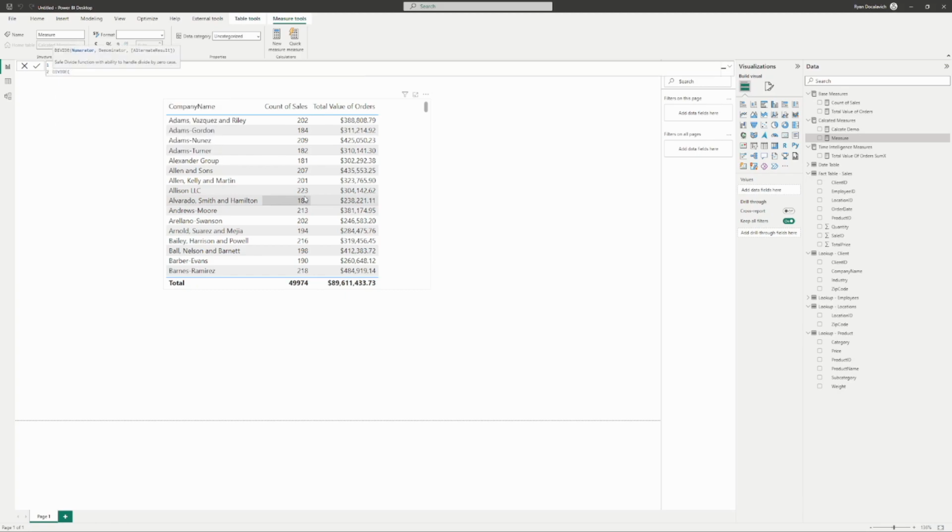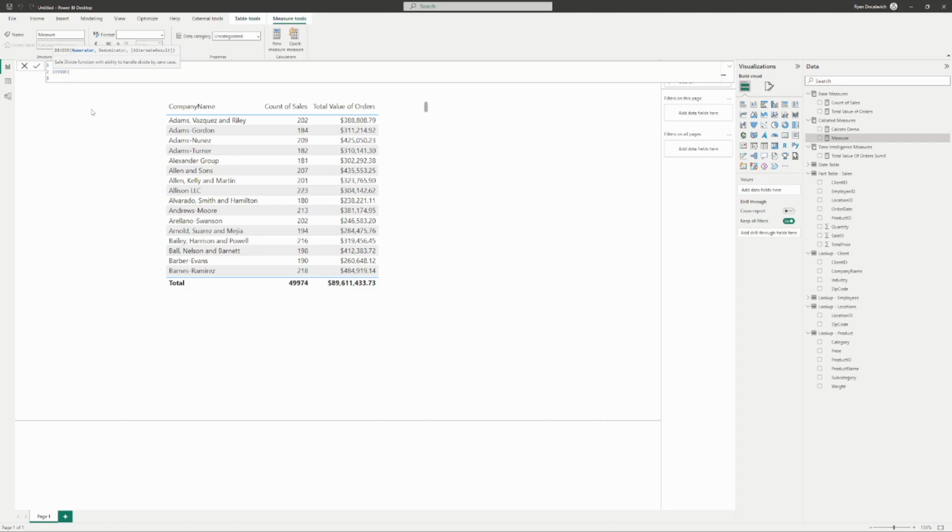And let's just go ahead and do a divide function here. So this is going to be a new function that we're using. And again, we're just going to use that same kind of method of building on top of our previous measures. So we're going to use our base measures and just build on top of them to get an average sale value